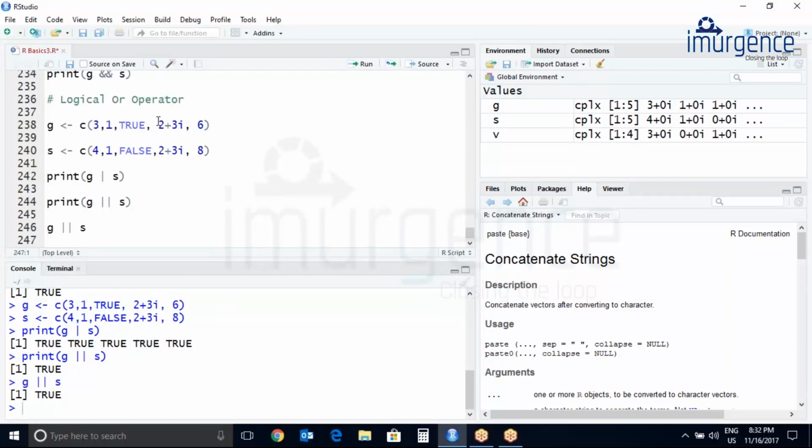Again it will check just the first element of both the vectors, then it will return either true or false. In this case 1 or 1 is 1, so hence we are getting true in this case.